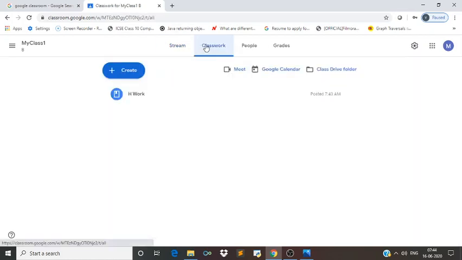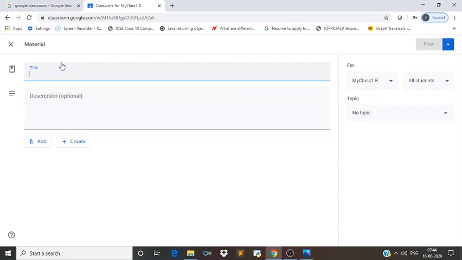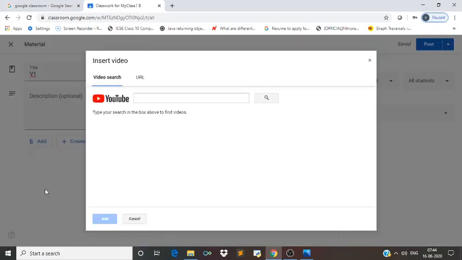Now click on classwork similarly and click on create material, and I type title for that V1 and click on add. Now I will choose YouTube option. Suppose video आपका YouTube पे है और आपको लेना है. If that video is in your system, you can click from file. Otherwise, if you have to take video from YouTube, then you can click from YouTube. Okay, तो अगर YouTube वीडियो लेना है तो देखिए कैसे लेंगे.